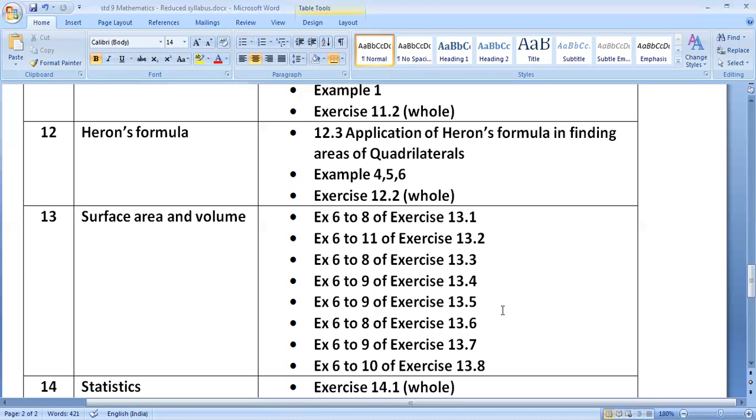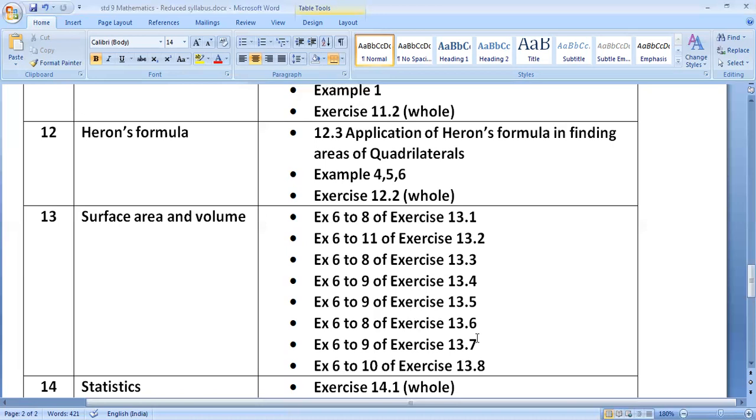On the same page, 13.7, volume of cylinder, that is 229. Volume of cylinder pi r square h, the formula is there. Example 13 and example 14 on the same page 229 are included. 230 page number, exercise 13.6, questions 1, 2, 3, 4 and 5 are included. While 13.6, exercise 6, 7 and 8 are excluded from the syllabus.